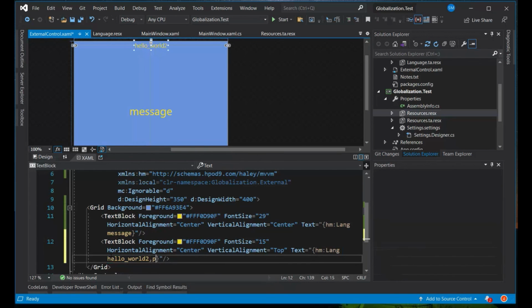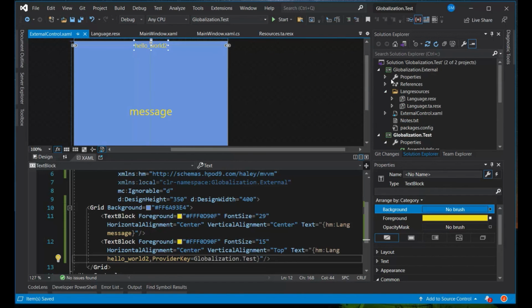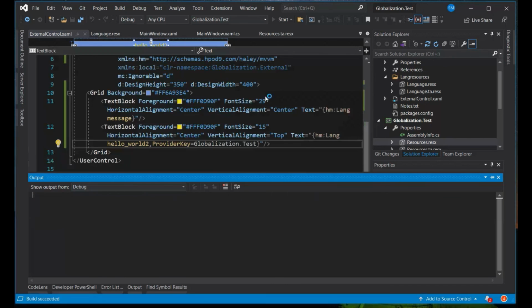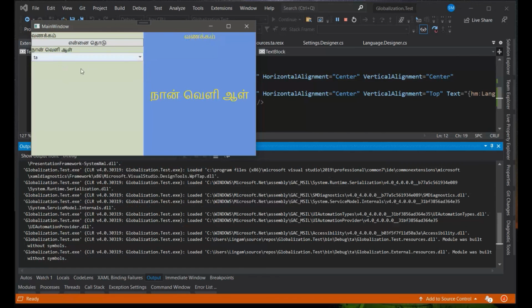from provider key is globalization.test. So why am I doing this? Because the globalization.external does not have any reference to globalization.test. So it doesn't know anything about globalization.test, but still you will be able to retrieve the value because every value is now registered inside lang utils. That's the reason why, even though it is not present, you will still be able to see welcome and you will still be able to see vanakkam. So this is how you will be able to handle your